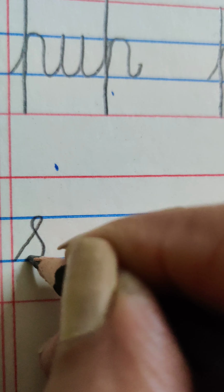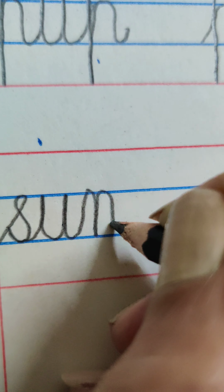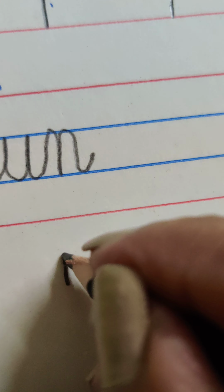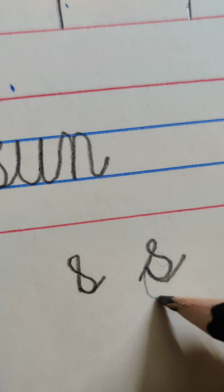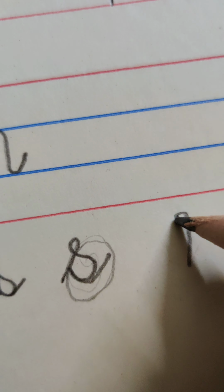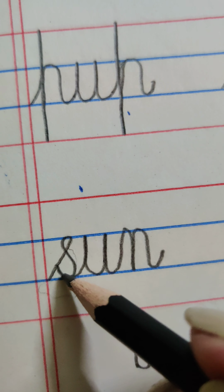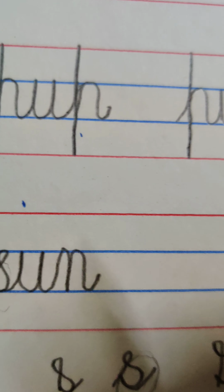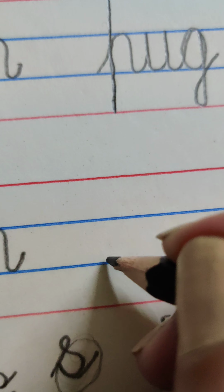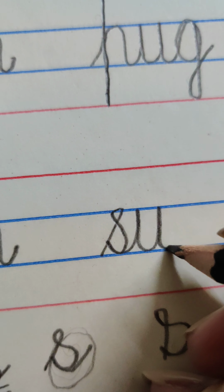Children, your S. I am not satisfied with the way you are writing S. S. You have to go up 2 times. U and sun. You are writing S like this. Many children are writing S like this also. So this part should not be very big, please. And you will not make S like this. See how slant ma'am is going. Slant and then curve and make. So this should be straight S. It should not be slanted like this. After sun, sup. Now see, it is straight. S. Then 2 times you have to go up and then